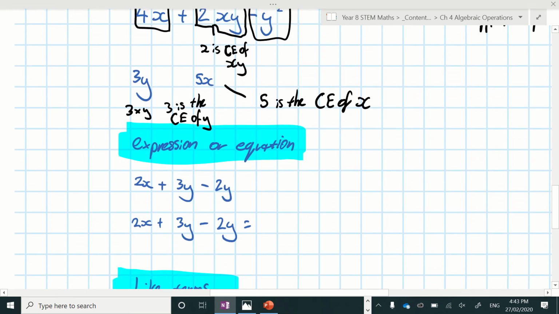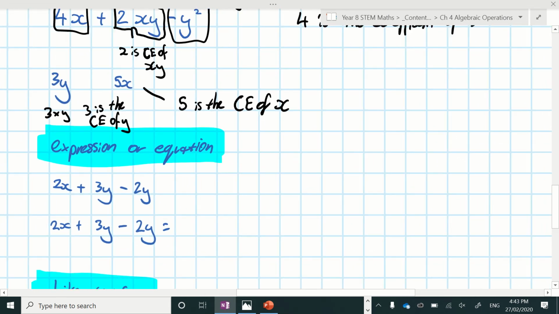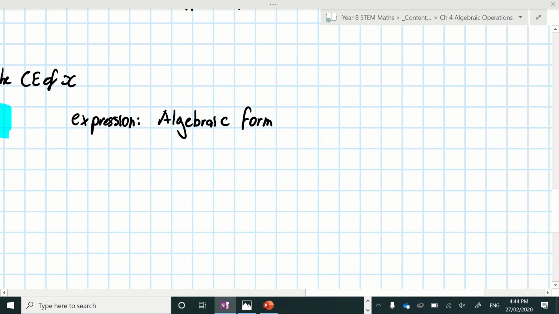Then we get down to what is an expression or what is an equation. So an expression is an algebraic form consisting of numbers, variables, operations, and signs. So I'll just shorthand that for us. Algebraic form which has numbers,